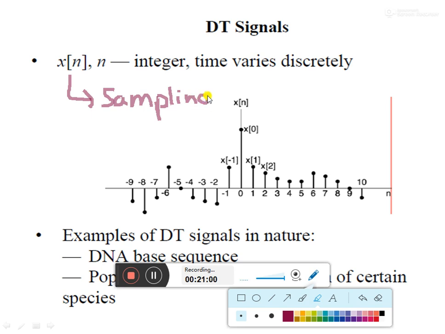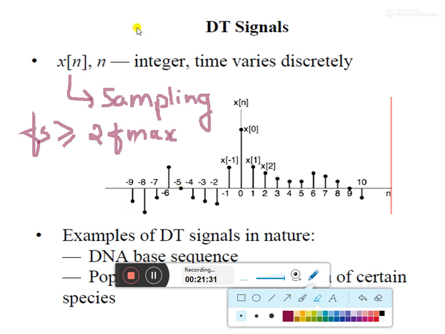So we will be following a theorem called the sampling theorem, wherein we will concentrate on the sampling frequency. The sampling frequency fs should be greater than or equal to twice the maximum frequency of that particular signal. This is one criterion under which we are going to sample a continuous time signal to obtain a discrete time